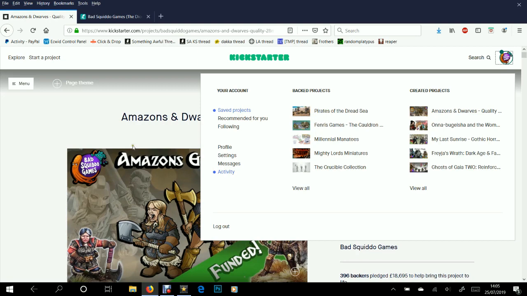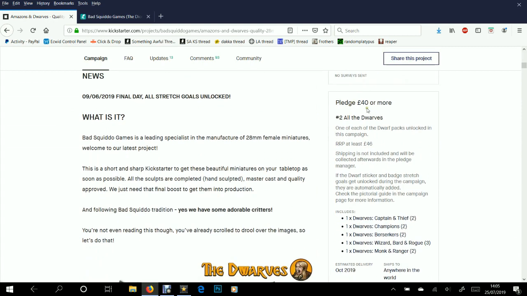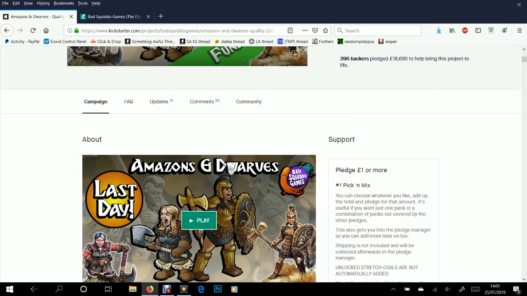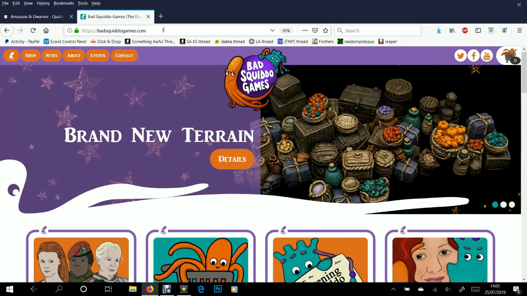So say for example you backed £40 for all the Dwarves, that code will be worth £40. If you backed £50 for all the Dwarves and £10 of something else, then that will be £50, and you get to choose now, this is the point in the Pledge Manager where you allocate those funds. So you go into the messages, remember top right, and then just there. Go into the messages and copy your code,